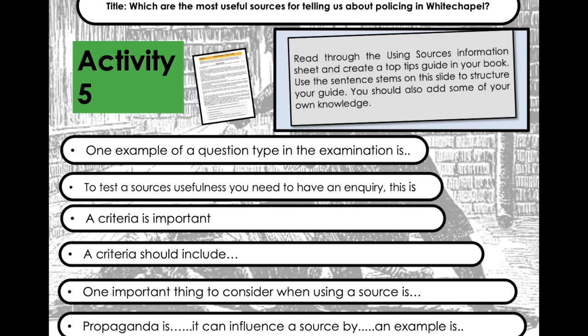A criteria is important because a criteria should include. One important thing to consider when using a source is, now that's a good one, because do you always trust it? Do you always think the information is accurate? Is it always objective so it's not influenced by someone's opinion? And then finally, propaganda is... It can influence a source by... An example is...